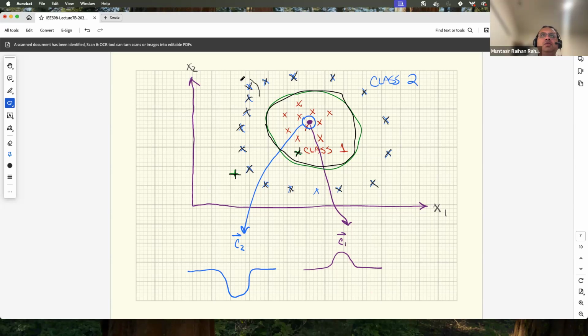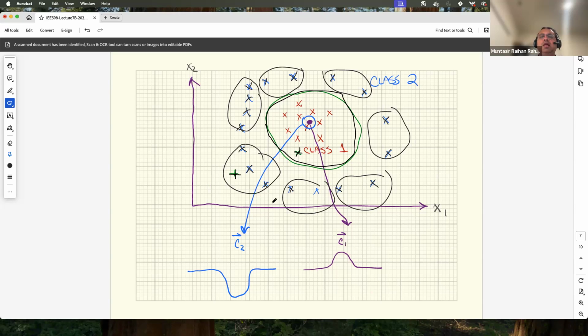You can say that I have this one cluster here, so basically I'm building a receptive field of this cluster of points, and then maybe I have another one here, and another one here, and another one here, something like this, and then another one here, right? And then let's say a new point comes in, like this one here,